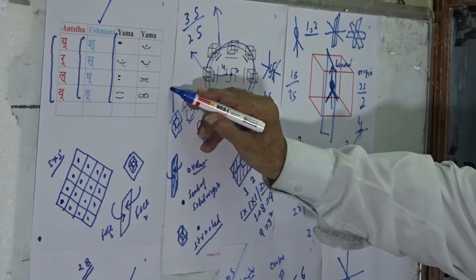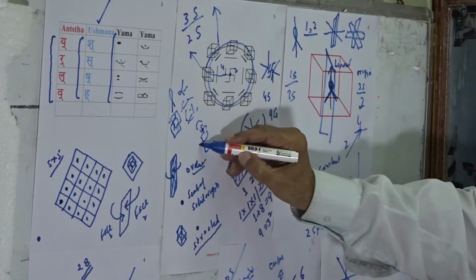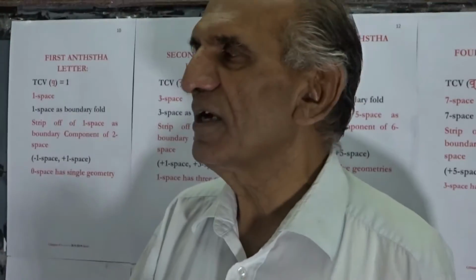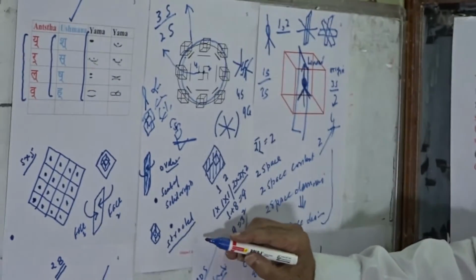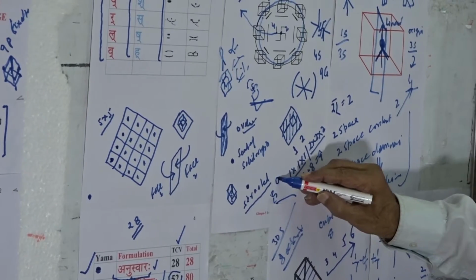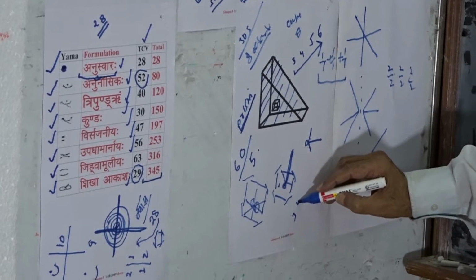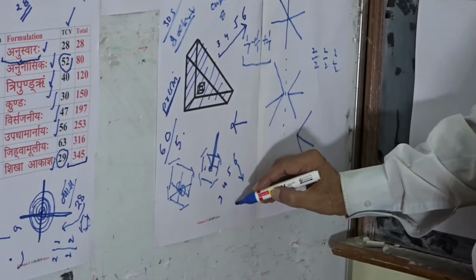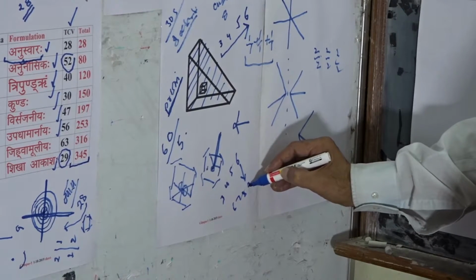Therefore, the first Ushmana letter format, second Ushmana letter format, and third Ushmana letter format. It is this feature which deserves to be comprehended well, as at the next step we will be reaching the fourth Ushmana letter format, which is of a value 9. Now we know, as 3 space as a dimension is taking us to 6 space as origin, so 6 space now